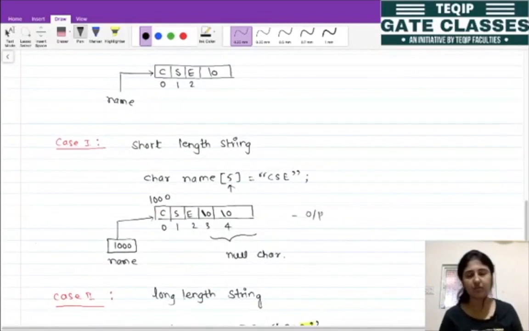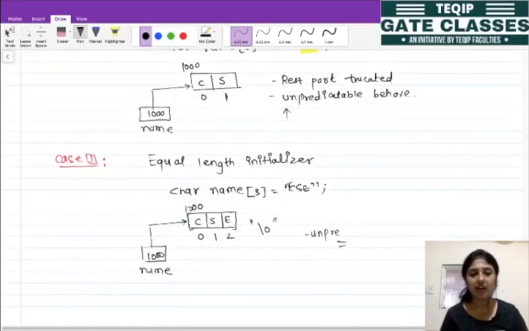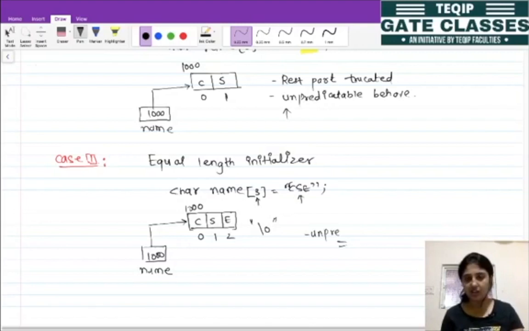So when we have the short length initializer, in that case our program will get successfully compiled and जो भी आउटपुट होगा वो अपने को आ जाएगा and the remaining जो भी जितने भी ब्लॉक्स है वहाँ पे कंपाइलर null character insert कर देगा. ओके, इन द लॉन्ग लेंथ इनिशियलाइजर जो भी रिमेनिंग पार्ट है, जितना एरे का साइज होगा वहाँ तक डेटा इसमें ऐड होता जाएगा, बट जो रिमेनिंग पार्ट है दैट विल गेट ट्रंकेटेड, मतलब वो रिमूव हो जाएगा. एंड सिस्टम का बिहेवियर है इसमें भी अनप्रिडिक्टेबल, राइट. सो एंड द थर्ड केस व्हेन वी हैव द इक्वल लेंथ इनिशियलाइजर, सो जैसे कि यहाँ पे 3 एरे का साइज है एंड 3 ही अपने स्ट्रिंग का लेंथ है, तो वी नो दैट कि यहाँ पे नल कैरेक्टर असाइन नहीं किया है, राइट. सो अगेन यहाँ पे कंपाइलर विल बिहेव एज अ अनप्रिडिक्टेबल.